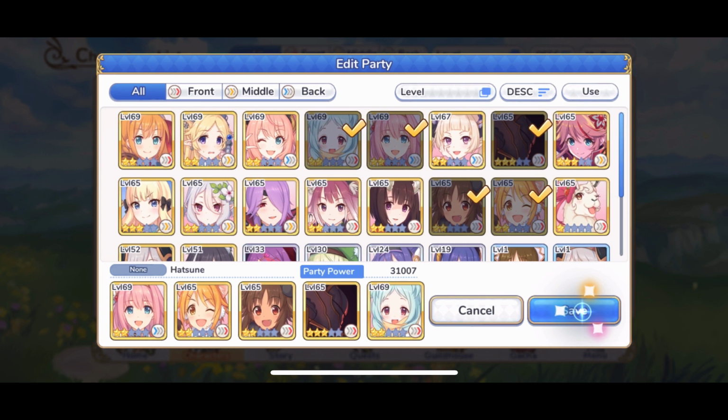The reason for this is the boss does a lot of damage to the 1st and 2nd slots, and so if you have tanks in those slots, then your team can stay alive the whole fight. If you have really good DPS in the middle, then you're going to deal pretty good damage to him. And then I use Yui because he does hit the whole team more or less with his union break, and